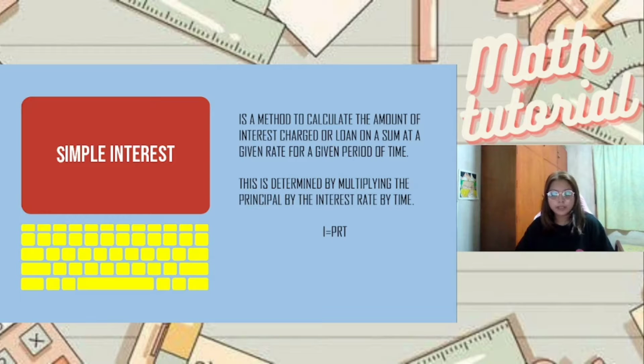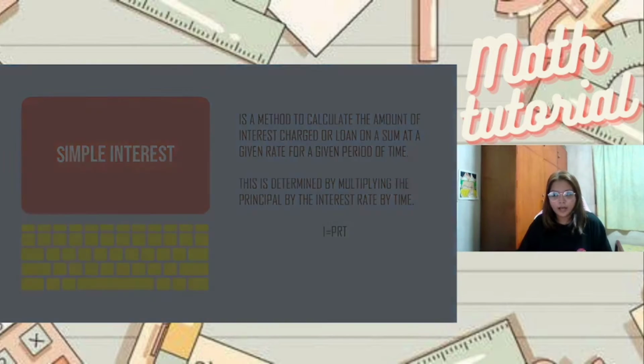So, sa simple interest, gumagamit tayo ng formula. And ang formula na ginagamit natin is interest equals to principal times rate multiplied by the time. So, yun ay pag hinahanap natin ng interest. Pero may mga cases na given na yung interest at iba naman yung hinahanap natin. Which is why, meron tayong tinatawag na